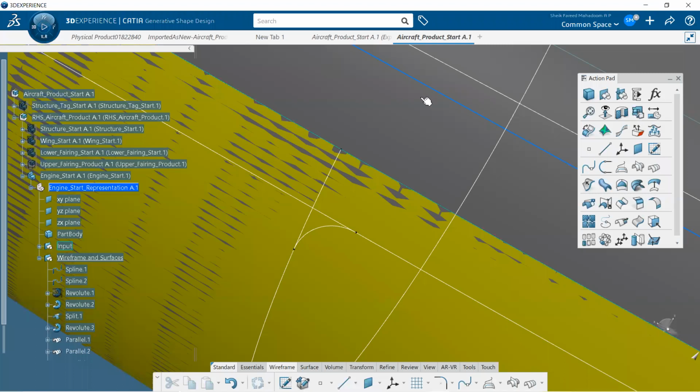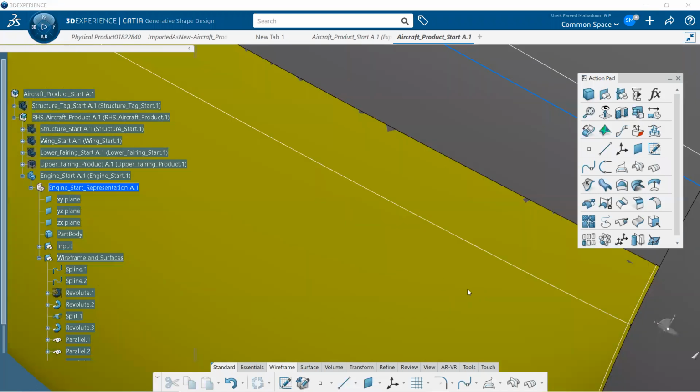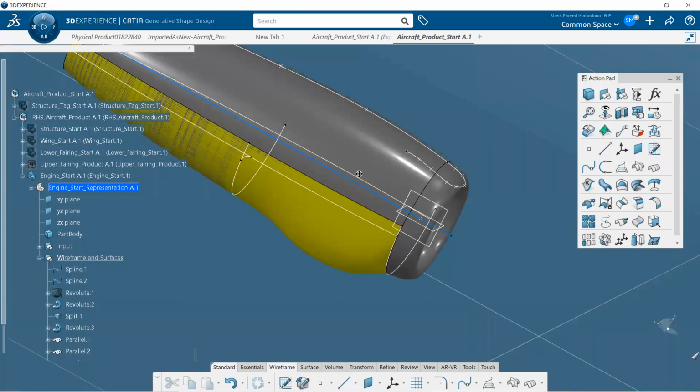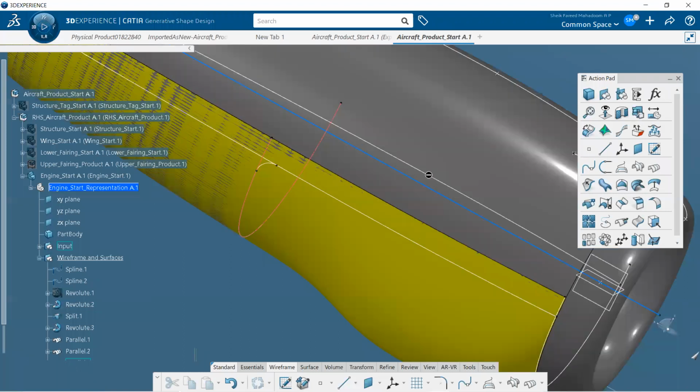Okay, let me come and explain again. Right now we are using the wireframe method, so it is not necessary to constrain everything. Everything will be automatically constrained. Once one side is completed, we will come back to the other side. Same, we can use the corner. You can select this side and this side.